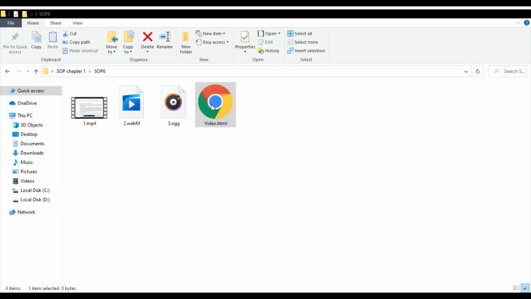So this is our folder. We are back at our folder. So I'll just right click on our video, the MP4 video we'll be putting in our single video file web page. Not open with, you right click and then go to properties. In properties, you'll find different parts: general, security, details, and previous versions. You need to click on security. You'll find a file path next to the bar by the name of object name.